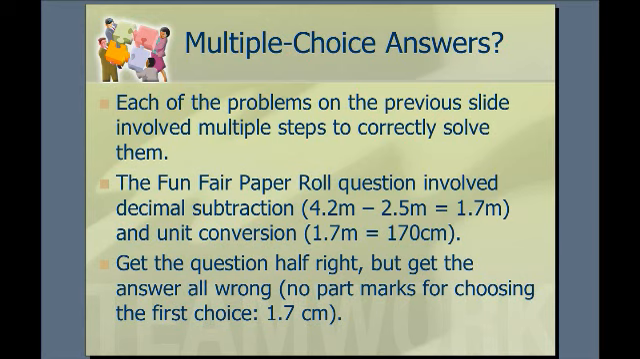This is a fairly sophisticated thing for grade 4s to be able to do, particularly since they haven't actually been instructed in the question to do the unit conversion. They have to be able to figure that out on their own. So the students can get the question half right. They can get the decimal subtraction right, but still get the answer all wrong. You don't get any part marks for choosing the wrong answer, the first choice, which was 1.7 or 1 7/10